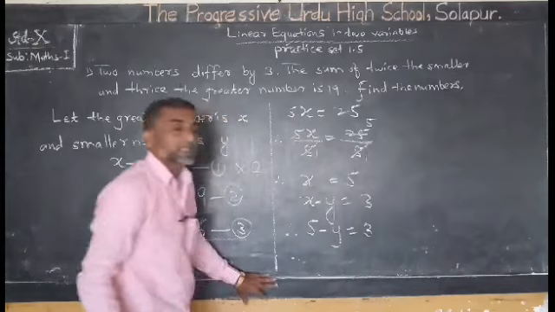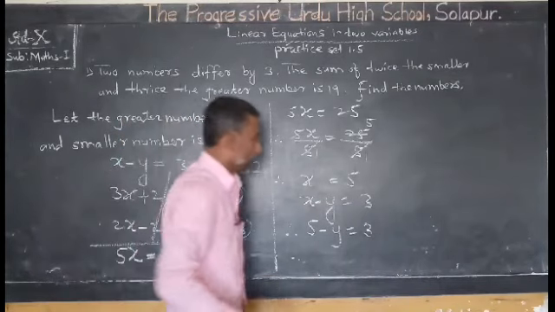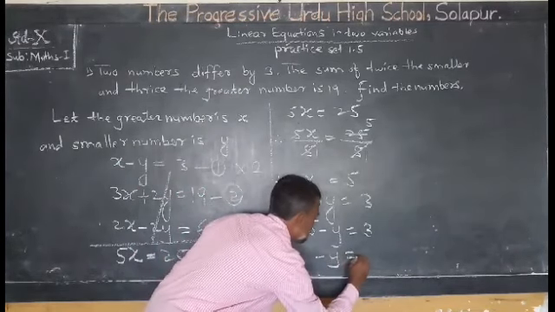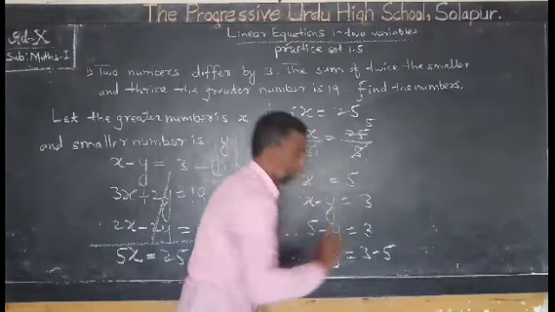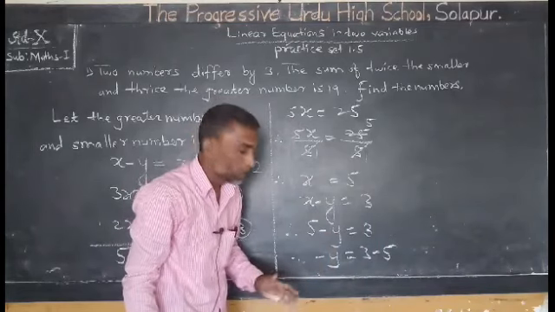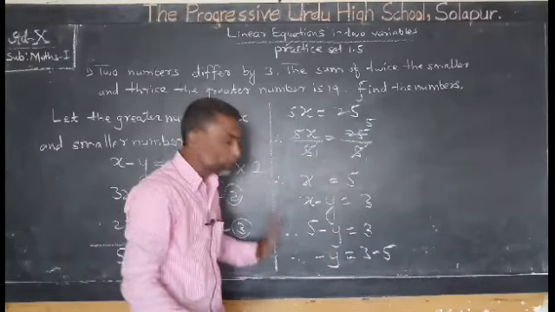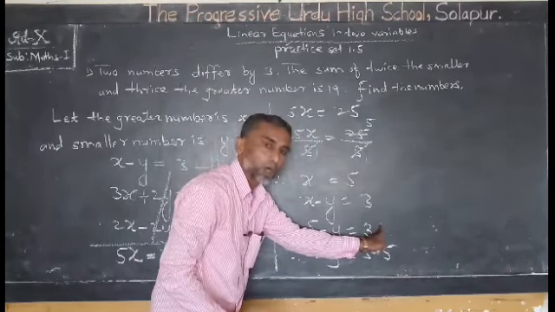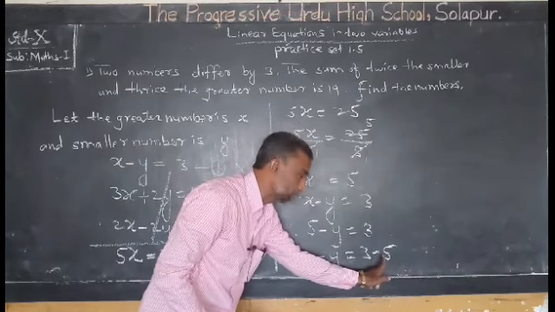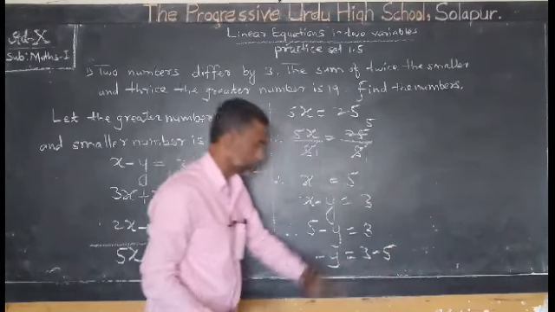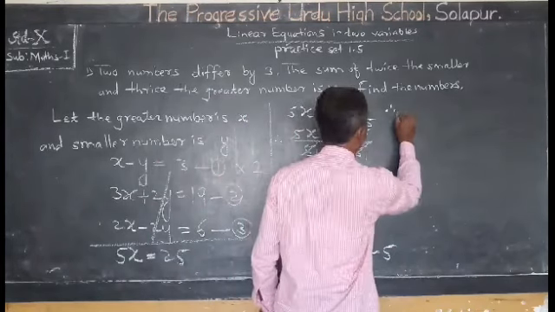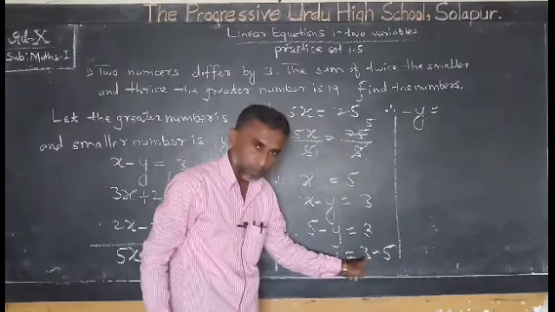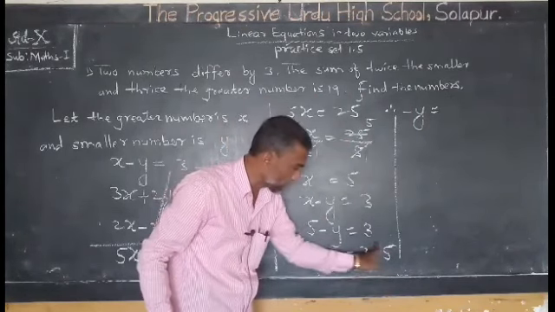Now, subtracting 5 from both sides. In our language, take it to the right hand side. Minus y is equal to 3 minus 5. What have we done? We have subtracted 5 from both sides. After subtracting, it will become 0 on the left. We should do the same operation on the right hand side also. Now minus y is equal to, signs are different, do the subtraction, 5 minus 3, 2.